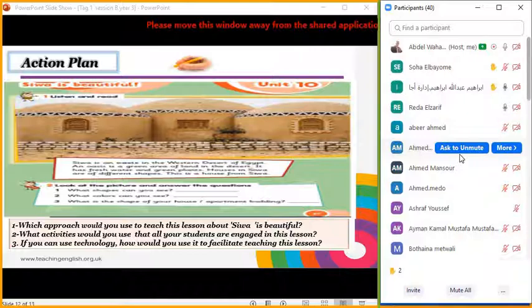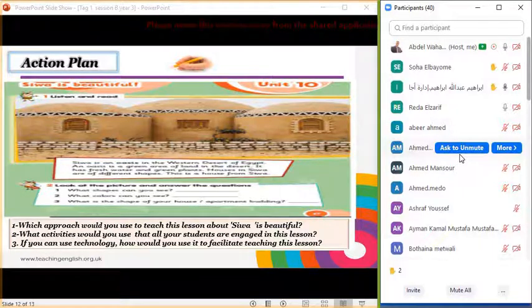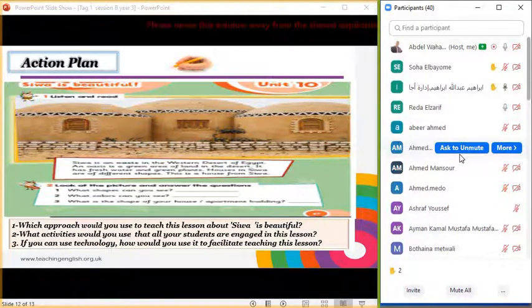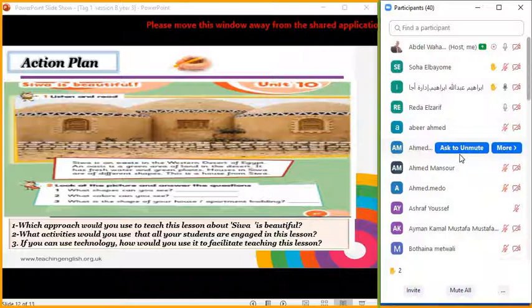I think perhaps I would use the audio-lingual approach to introduce the listening script. And we may use maps, computers, websites, pictures or charts to talk about the place, Siwa. Okay, is that enough? Okay, thank you, Mr. Ibrahim.